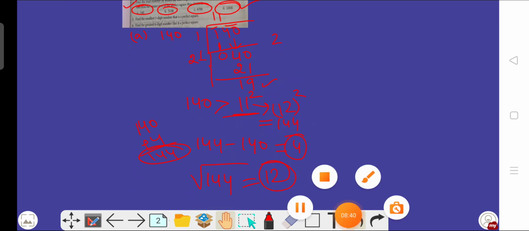Now we will do the question number 5th. In the question number 5th we have to find the smallest 5-digit number that is a perfect square beta. Okay. Firstly we have to write the smallest 5-digit number, that is 10000. Okay. Then we have to find a number that we have to add in this number to make this a perfect square. Why we have to add only, not to subtract?